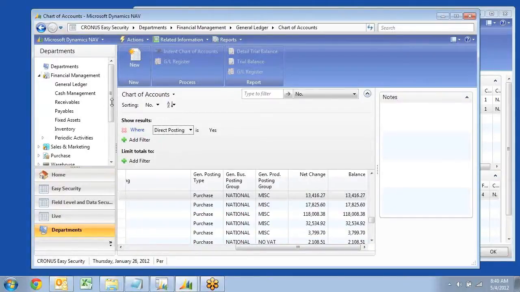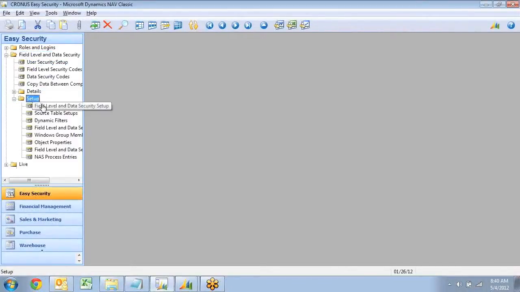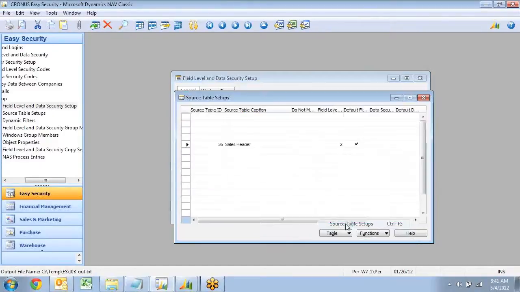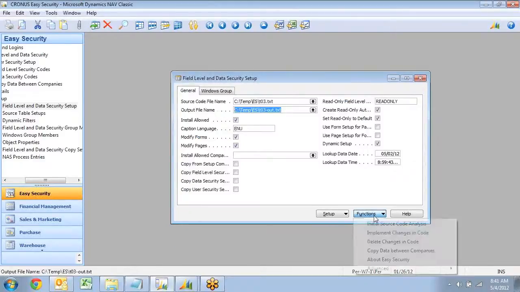If I wanted to add this functionality in more tables, it's part of the setup, and the setup currently only runs in the Classic client because it's a programming task. If I go down and look at how it's done, I have a file name up here that I need to change, but then I have a list of tables where I currently implemented it. And let's say I wanted to do my purchase header and purchase line also at this time. So add them to a list, and then I'll go in here and say I want to implement my changes